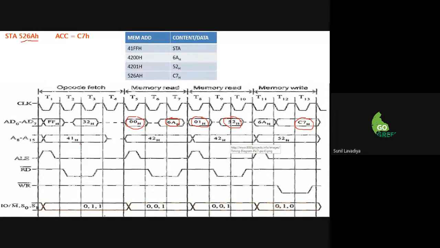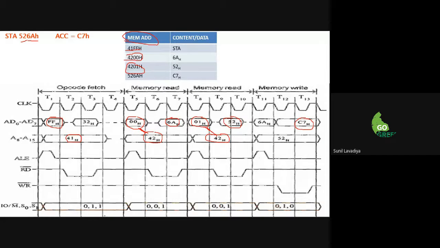Then for the next cycle, ALE you have to draw everywhere. ALE. No need to mention this 41 everywhere. As we have considered the memory address, if you make this kind of table, then it's good for you also. You have to highlight everything. Like if I write 41FF, it's 41 on the lower order. You can say the higher order line and double F over here. Similarly here 4200, so 42 here and 00 here. Then 4201, so 42 here and 01 here.